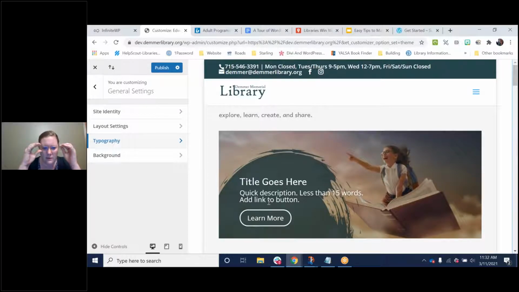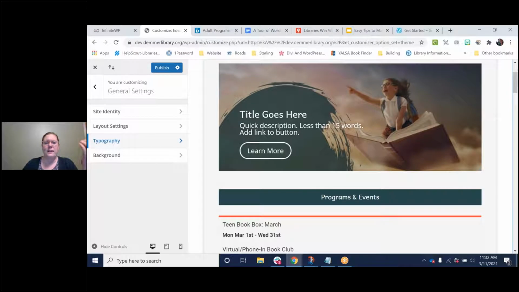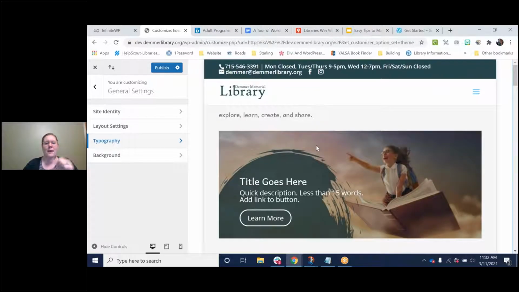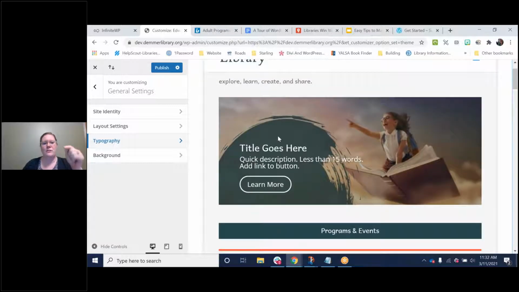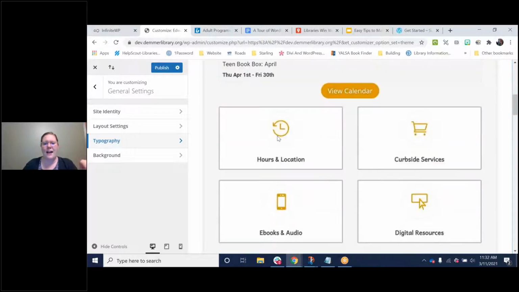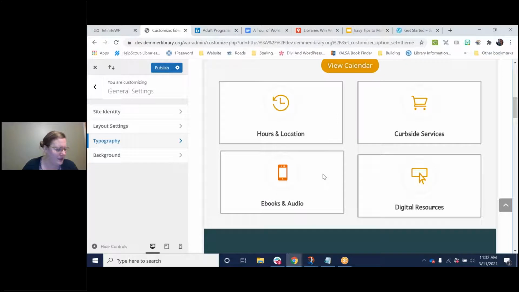So if I have vision loss, am I still able to read it pretty easily? Yes. Is there enough contrast so that it's easy for me to read? If this was very black on green, then it might be harder for me to read. So you don't want to make people work too hard to read the content on your website. And that applies to your font choices, your sizes, your colors, all of that.